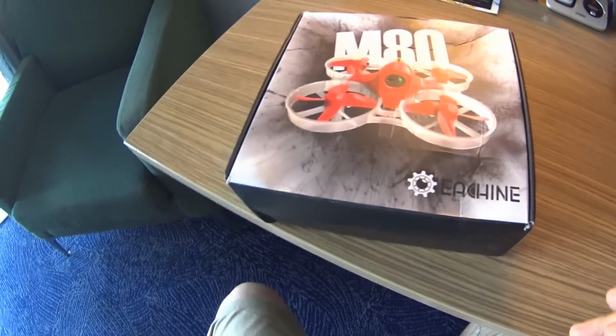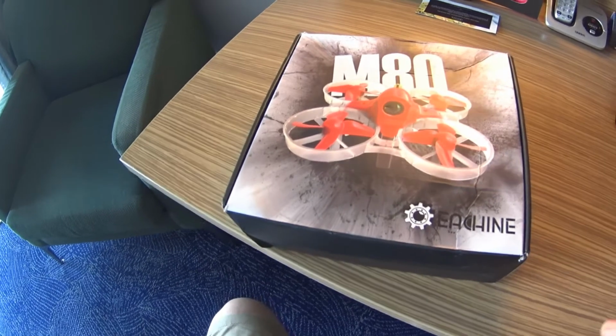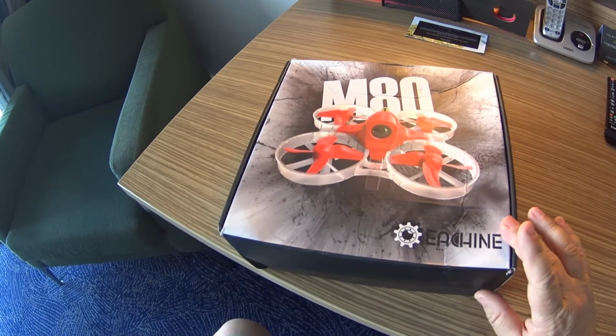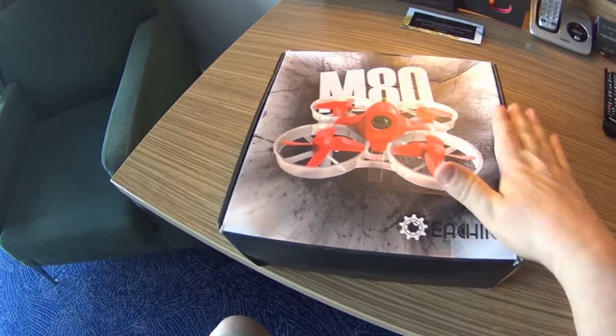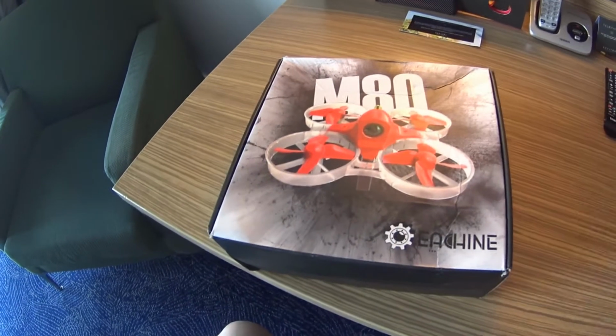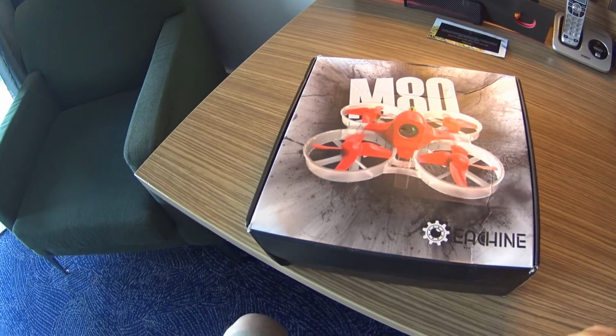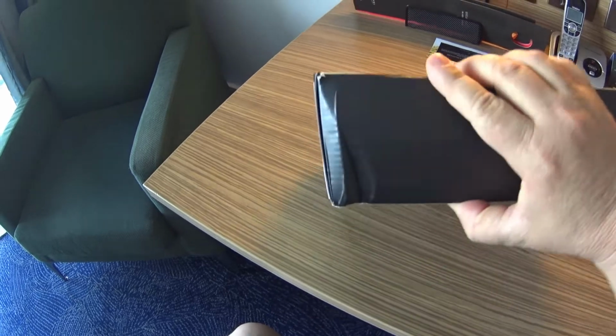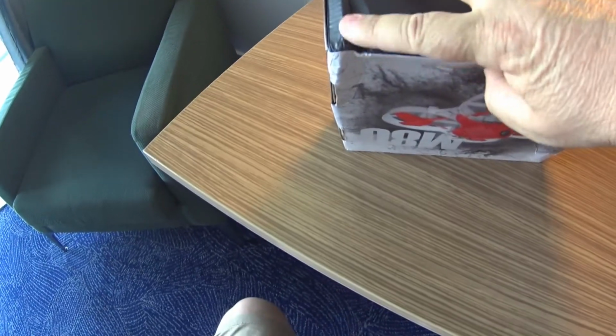talking about the postage. And this is the Banggood postage. And sometimes they get it right, but this one I wasn't too happy. It came with a single sheet of foam around it, but then basically black plastic over the top. And it's so dinged up. I mean, look at this ding here and the